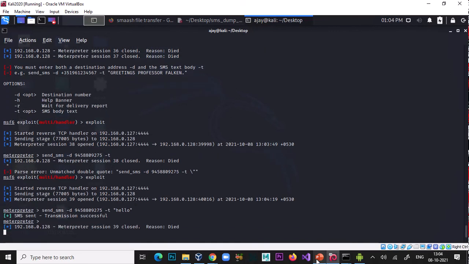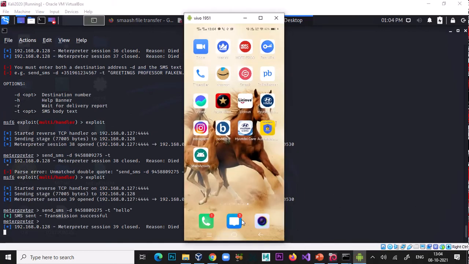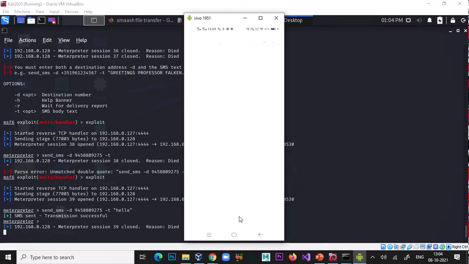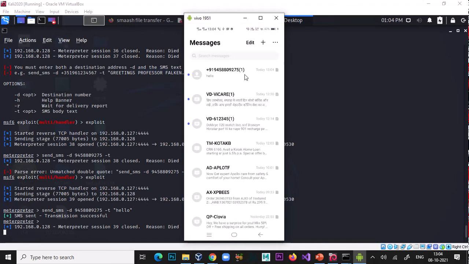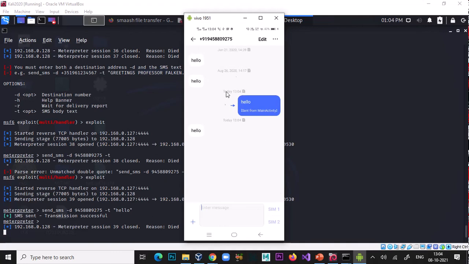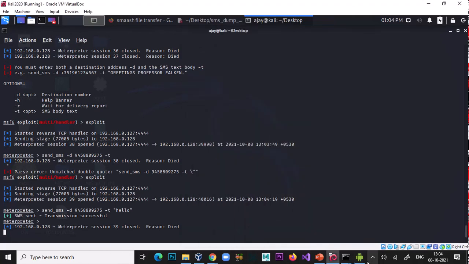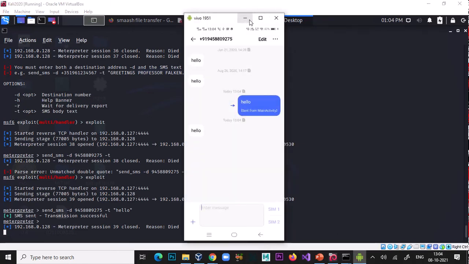So SMS transmission successful, and you can see on my screen, because this is my phone, and I also received this message from my own number. You can see, hello. Okay, so these are the fake messages which you can send from any compromised phone.